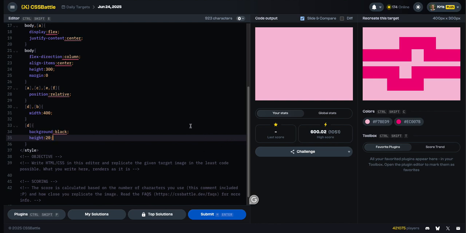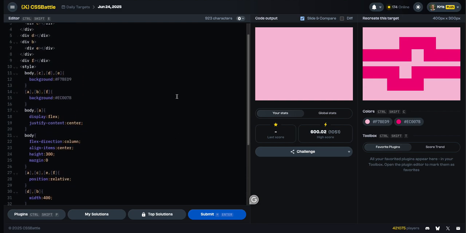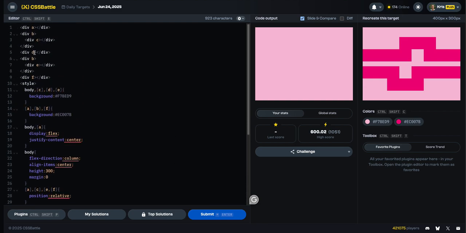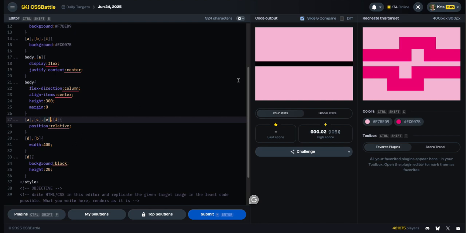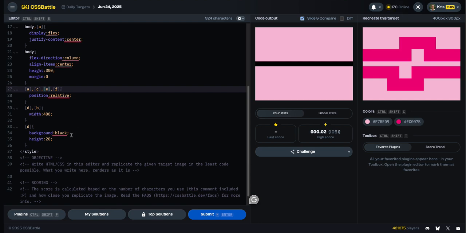Okay, cool. And now I'm not sure why we're not seeing that. Do I have the right element? D, yes. So D's got this background color. It's being changed down there. I see the problem. Sometimes if you leave little things out like commas or square brackets, it's going to break the whole thing, but sometimes in subtle ways, so always be careful of that. All right, there we go. All right, that's perfect. So now we can get rid of this background black,